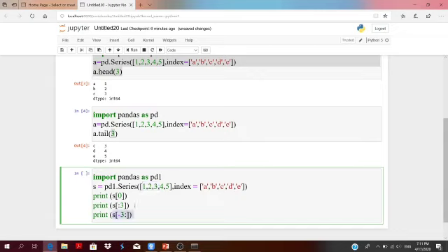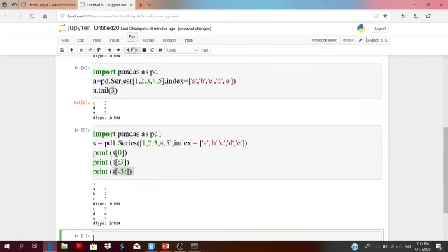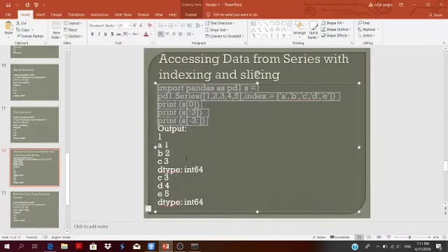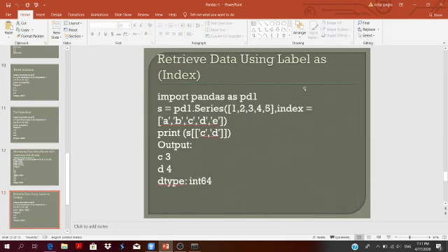Similarly, S[-3:]. Run the code and see the result. 1, A, B, C and then C, D, E for S[-3:]. It is just like you have accessed elements of a list.